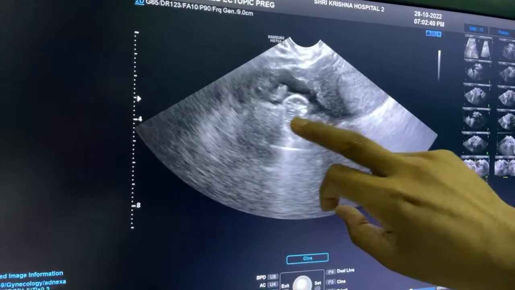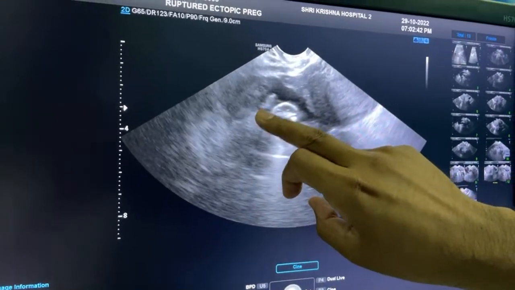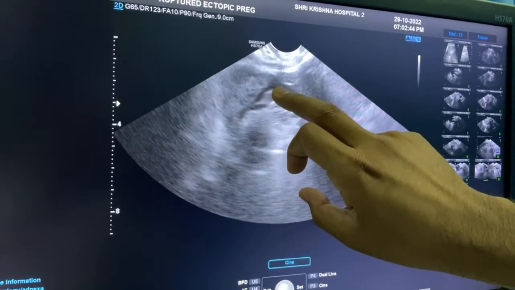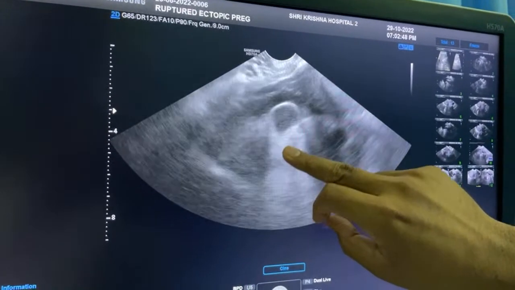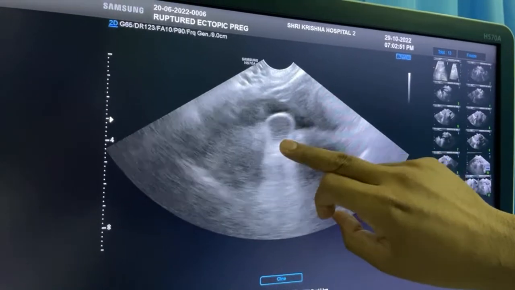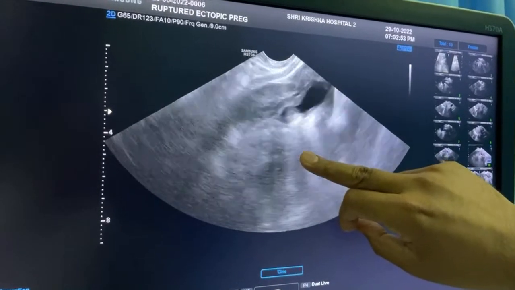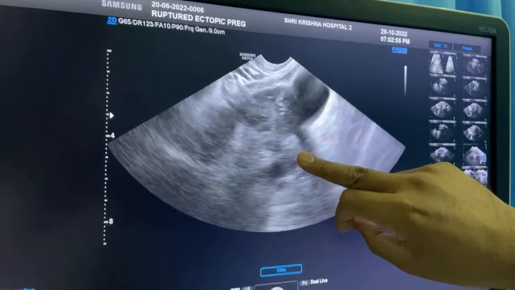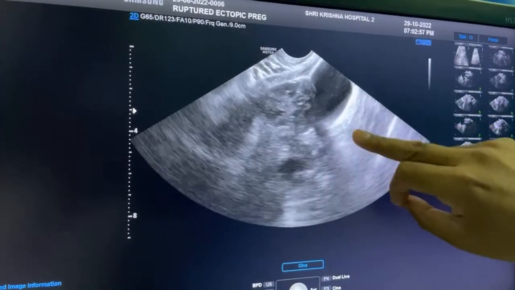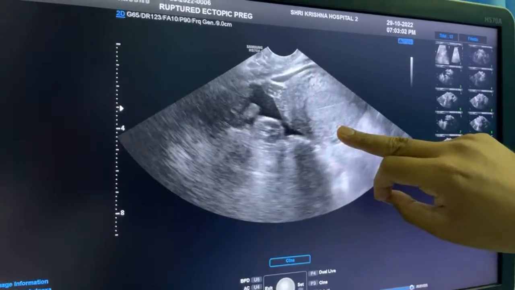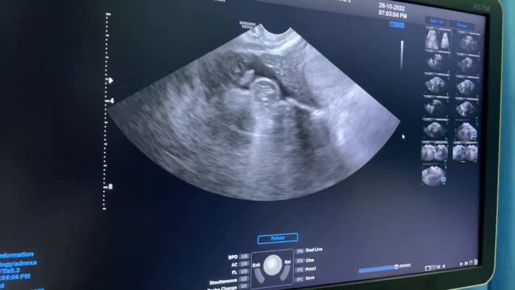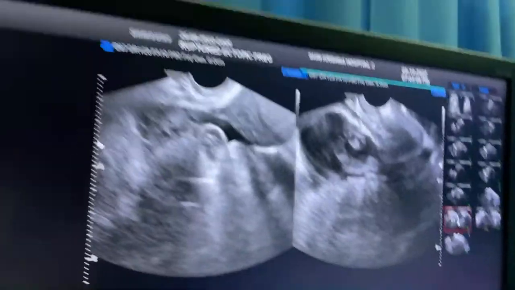See this, and what are these? Try to see this. These echogenic blood clots will not show peristalsis. And you can see the food particles inside the bowel loops. See this again: echogenic and turbid free fluid. Let me show you. See this again.